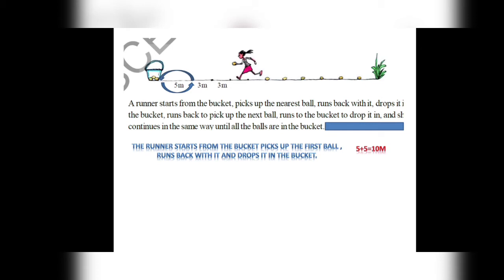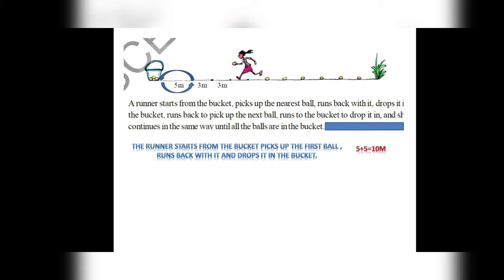So here you can see that when we consider the first ball, first he starts at the bucket and covers the 5 meters distance, then again picks up the ball from there and returns back to the bucket covering another 5